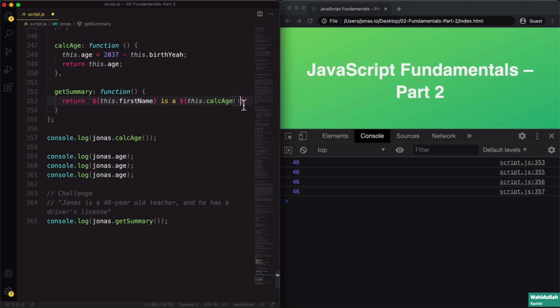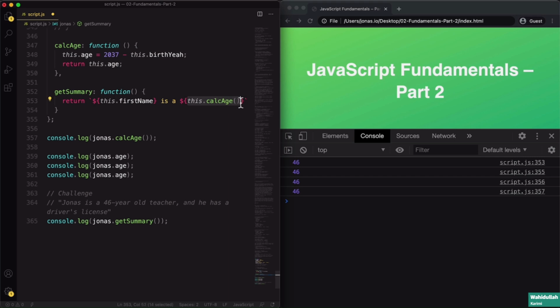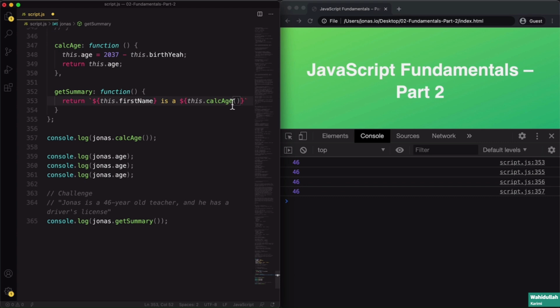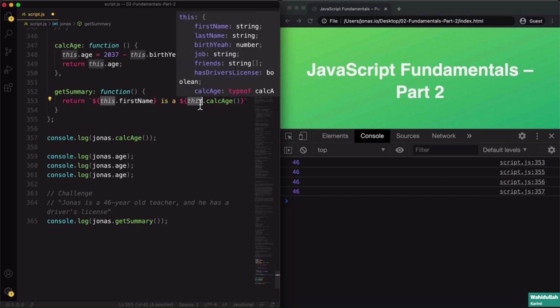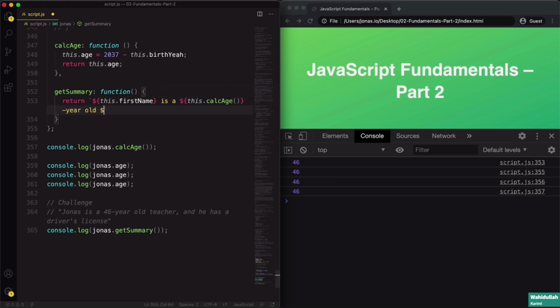And so I think we did this before. So in a template string, we can easily do a function call. That's not a problem at all. So this.calcAge will call this other method, and this will then return the age. All right. And maybe it might be strange for you to call the function also on this, but well, the rule is just exactly the same. This is Jonas in this object. And so this is essentially the same as writing it here. All right. So this will become the age. And so here, old, and now the job,